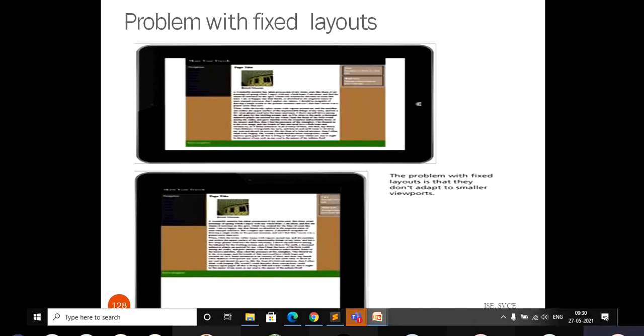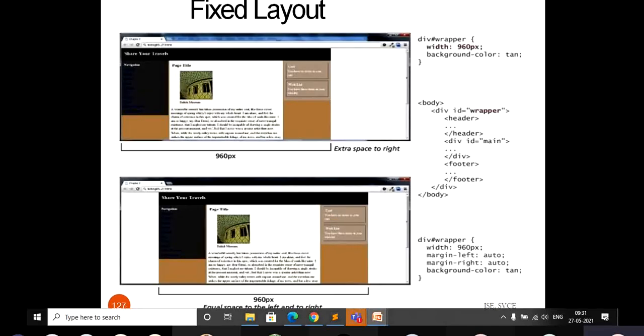If you have designed the page for a particular window size and you view it on a different or wider screen, there may be space left between the margins, that is the right side, left side, and also the bottom. You can observe that all this happens with a fixed layout. You fix the layout size, whatever the window size. Most of the time we use all different types of devices, so with a fixed layout there may be white space left at the left and right or at the bottom.